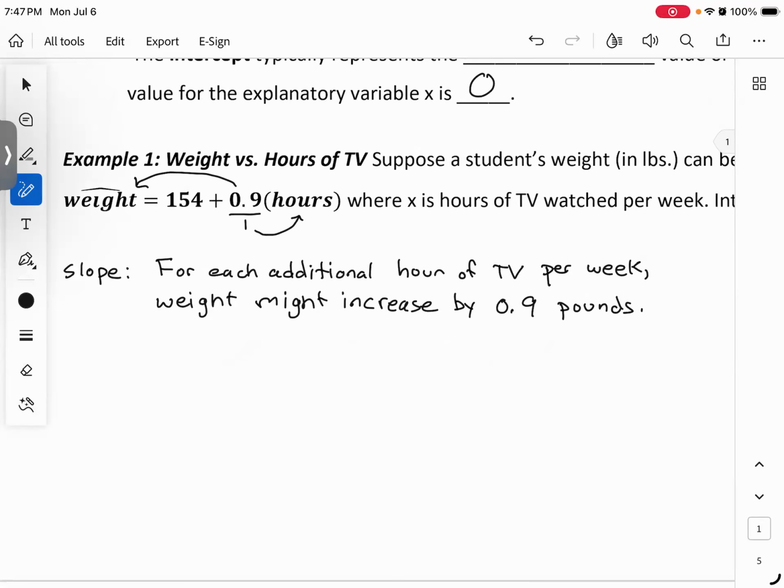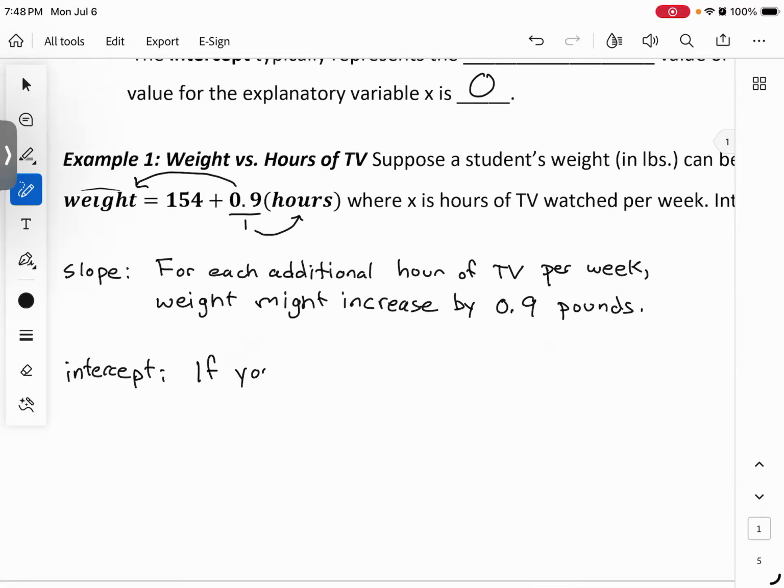Now, if you're ever asked to interpret the intercept, that's the number that's just by itself, right? It's a fixed number. But for the intercept, it's always the idea that that's the number that starts the story off. And it would be that if someone watches no TV, so if